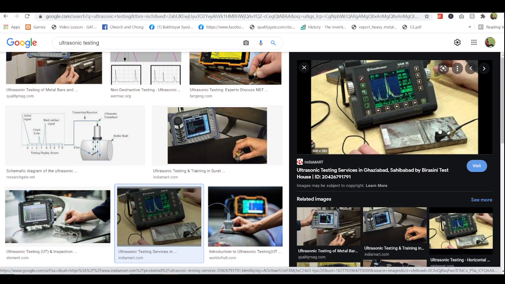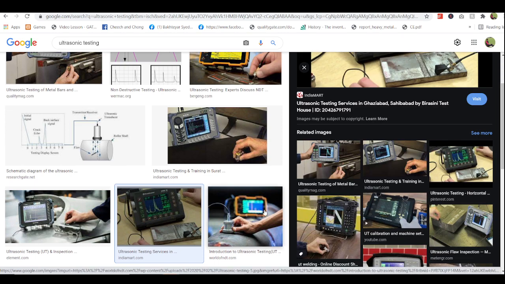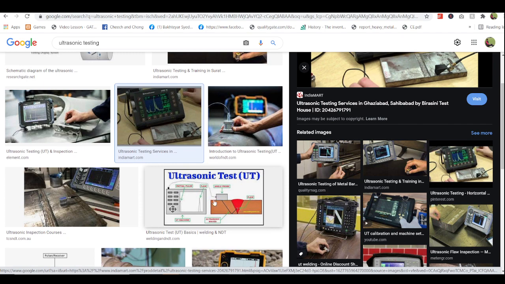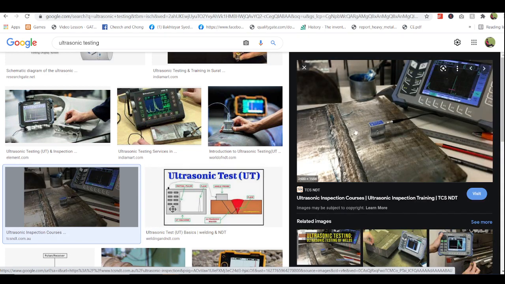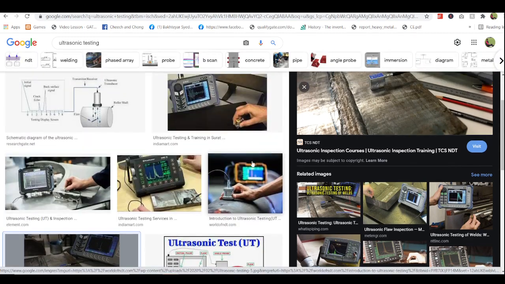This piece of metal is receiving ultrasonic waves and he is getting some results here. By interpreting this result, he will come to know where the defect is in this metal. This is how they check using ultrasonic wave velocity.